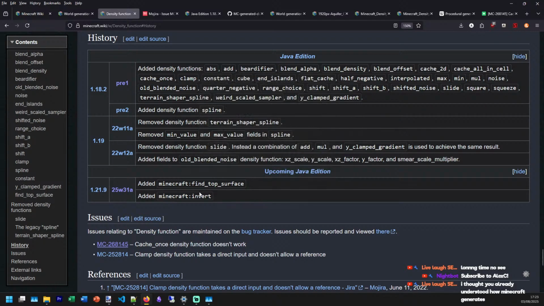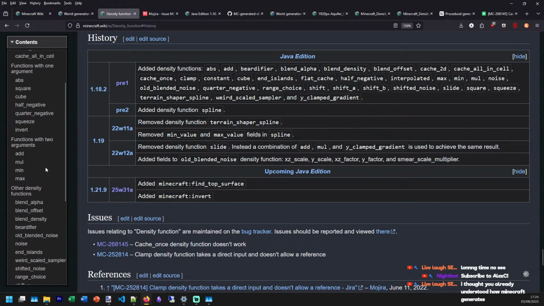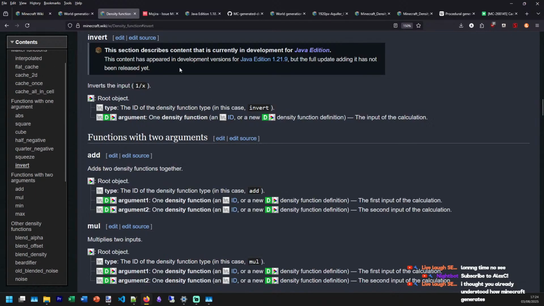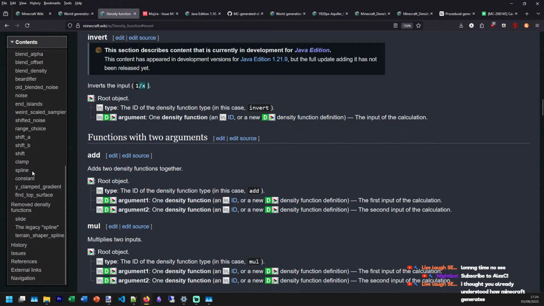What's convert? What's invert? What's it invert? Oh, 1 over x. Oh my gosh, that's what it does. Why does it need to? What density function needs 1 over x?